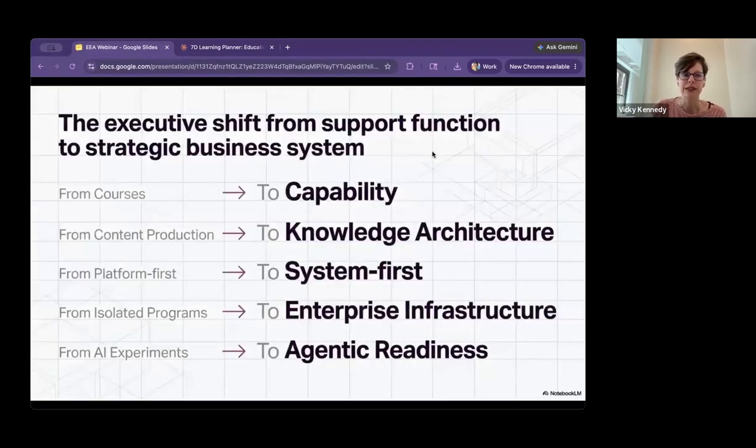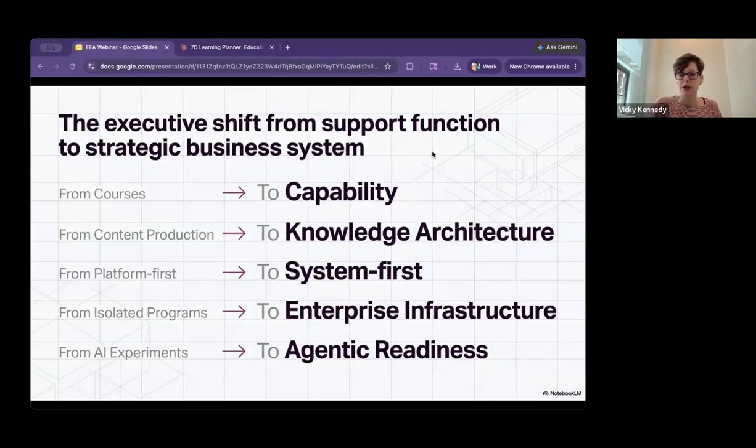And so, leaving you with this executive shift, we want to start talking more about these areas you see on the right. We want to get away from this concept of what course, what lesson, what article are we going to build, and talk more about what capabilities we need to drive. What competencies do we need to build across our audiences? We want to get away from what platform should we use to what system should we be thinking about? That systems thinking that we hear a lot more people talking about in this space,